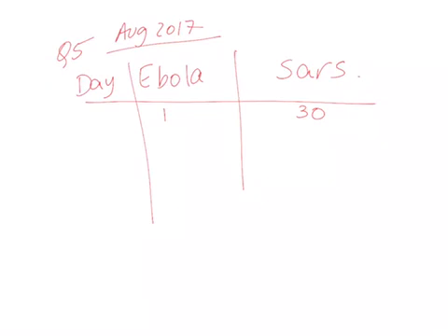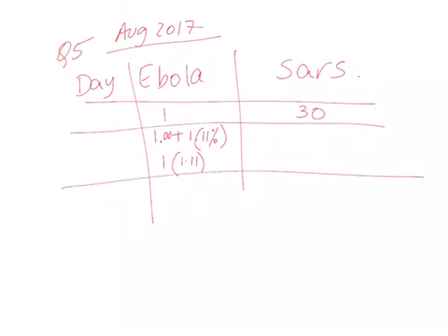So for Ebola it's increasing at 11%. Right? So this actually becomes 1 times 1.11, right? After the second day, and then so on. For this it would be 30 plus 30 times 4%. So it becomes 30 times 1.04,